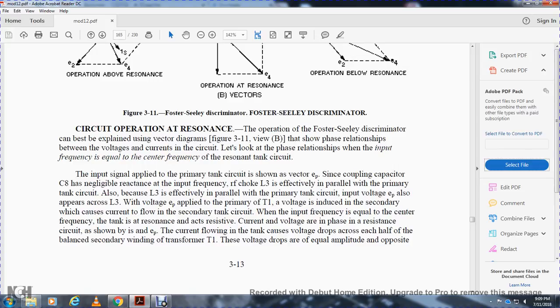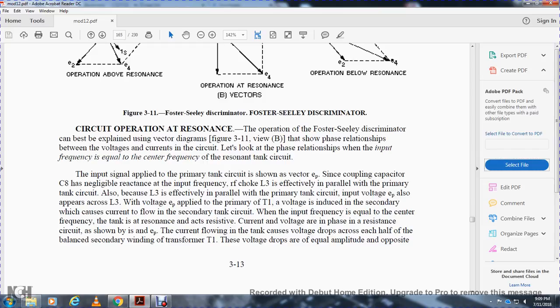The primary tank circuit has a simple coupling circuit with capacitor A, which has negligible reaction at the input frequency. The radio frequency choke L3 is effectively in parallel with the primary tank circuit. Although inductor L3 is effectively in parallel with the primary tank circuit, the input voltage of the primary tank circuit appears across inductor L3. The voltage of the primary tank circuit is applied to the primary of transformer 1, and the voltage is induced on the secondary,